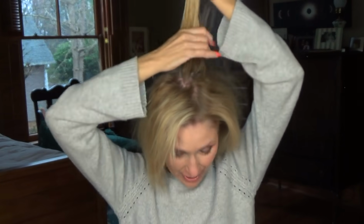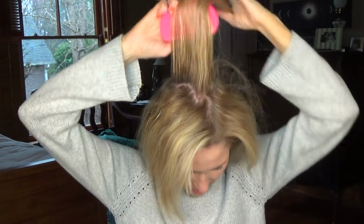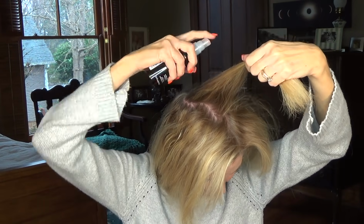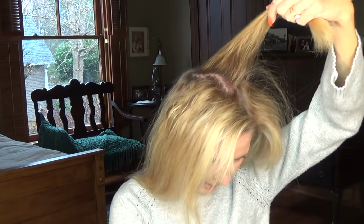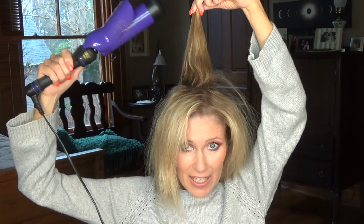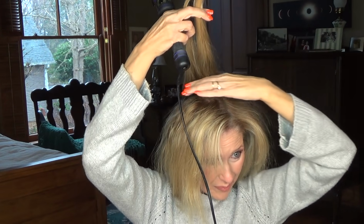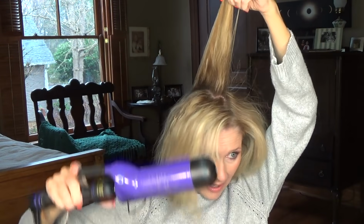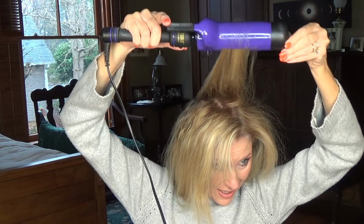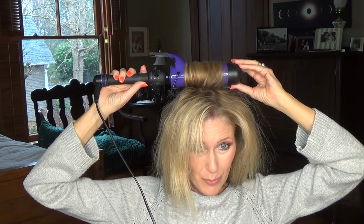So here's the first one. I start back here at the crown. And then I spray it at the root. And then to keep it from singeing at the root where it's wet, I do it midway up. Like that to get the ends,